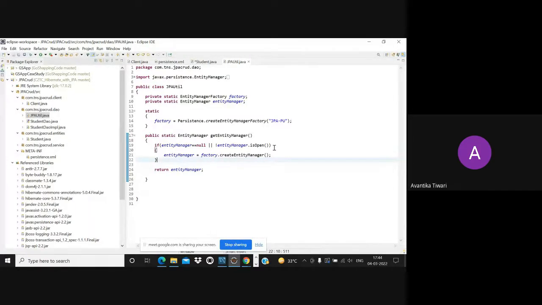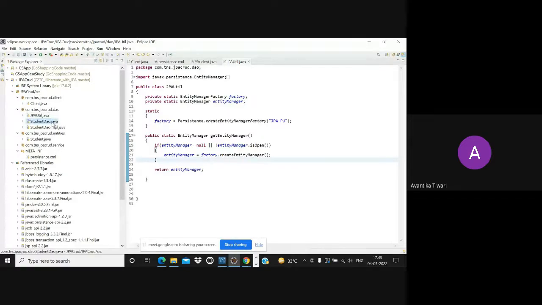That person will be only creating the interfaces.